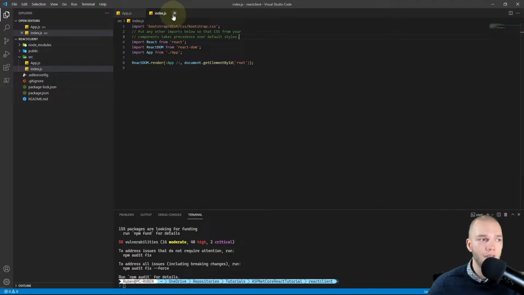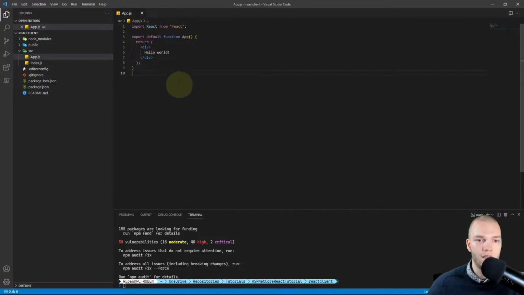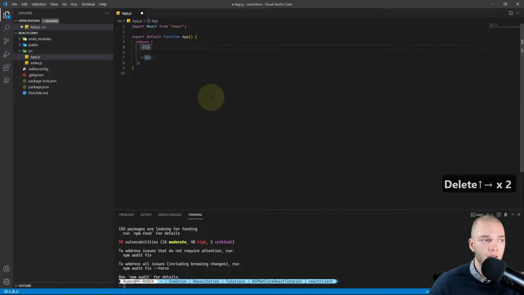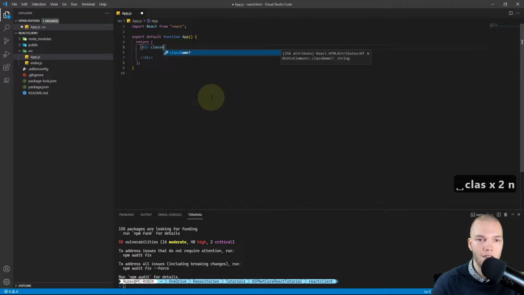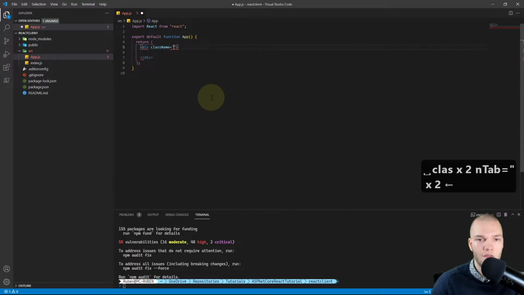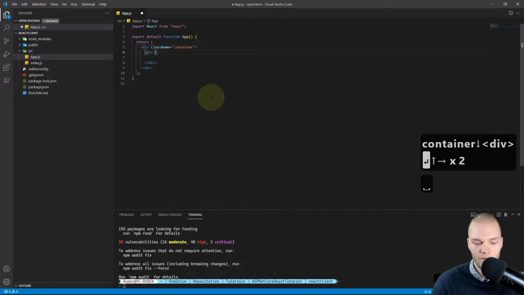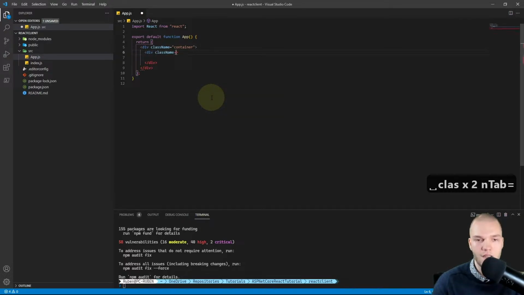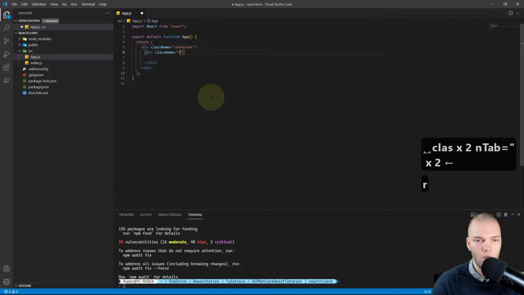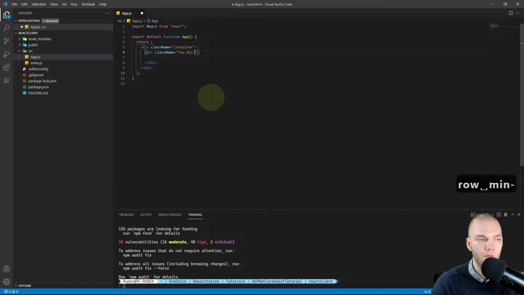Let's try it out. So I'll close the index.js, and let's change the returned JSX here. So I'll set the class name to container, and I'm gonna add another div. And there I'll set the class name to row and do min vh 100.